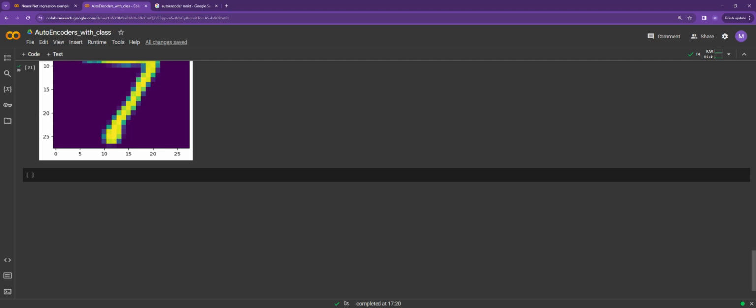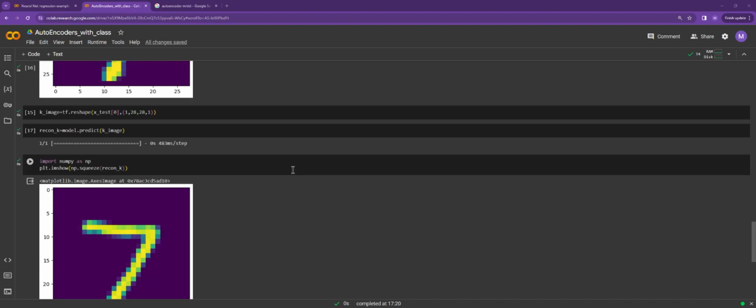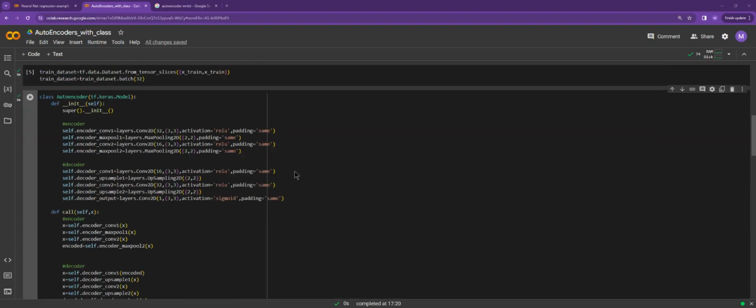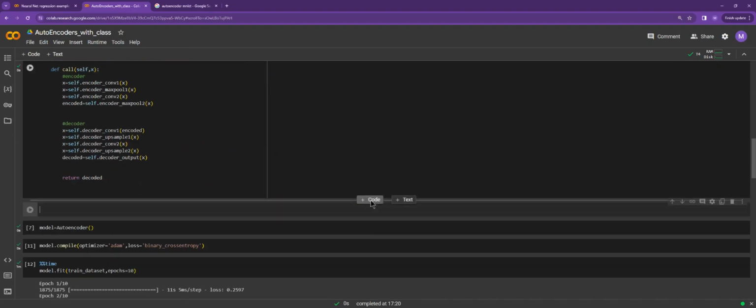There is a different autoencoder that I created, but I'm not going to write that. I'm just going to copy paste that here. So this is another autoencoder. If I come here and paste it right after this,